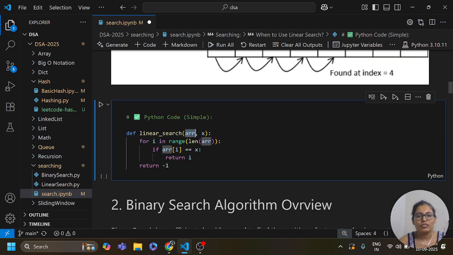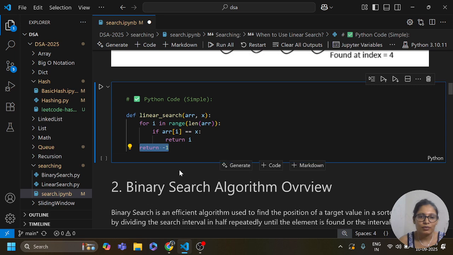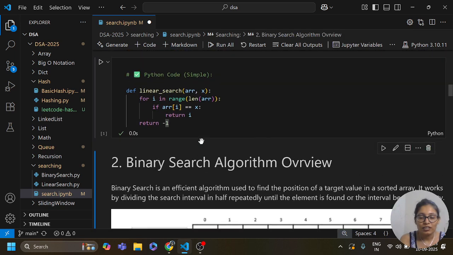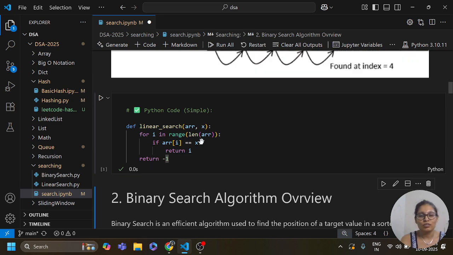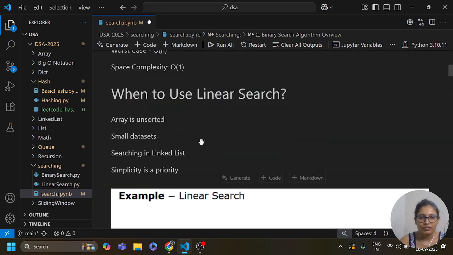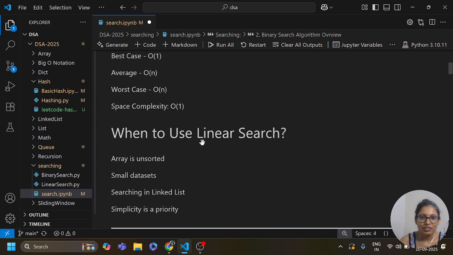For i in the range of length of array, if array[i] equals x, return i, otherwise return minus 1. Okay, so this is the linear search. We need to find the target in an array or list, or anything related to a linked list.